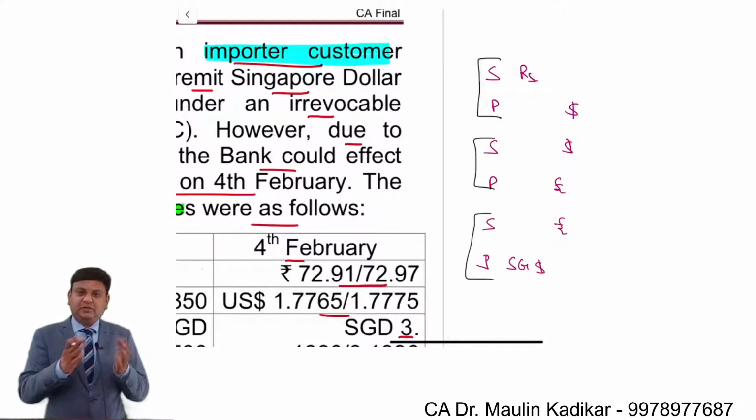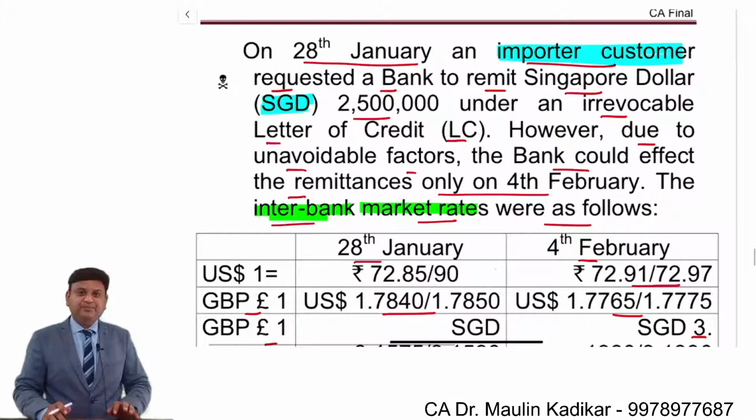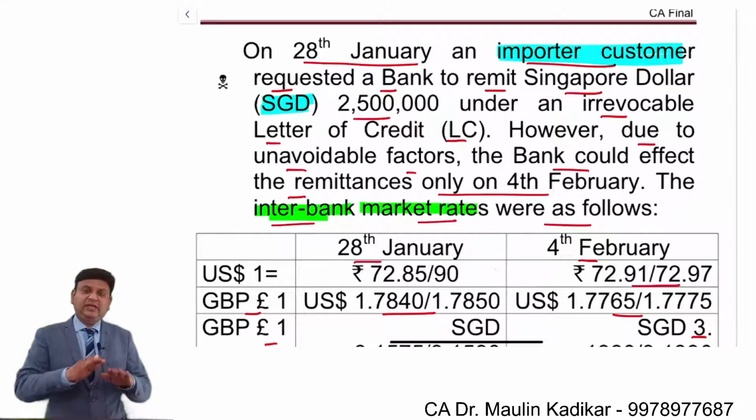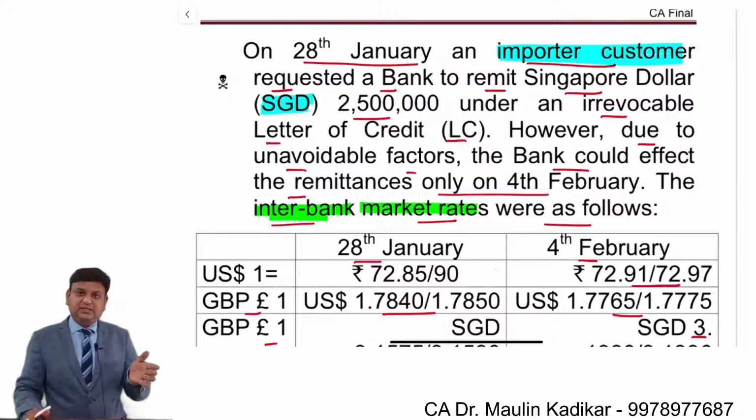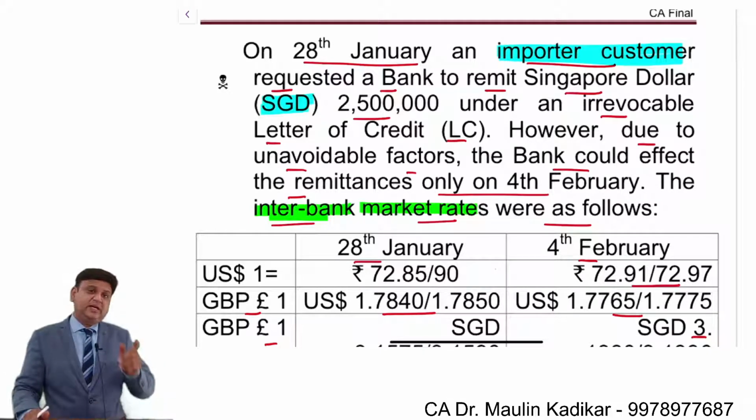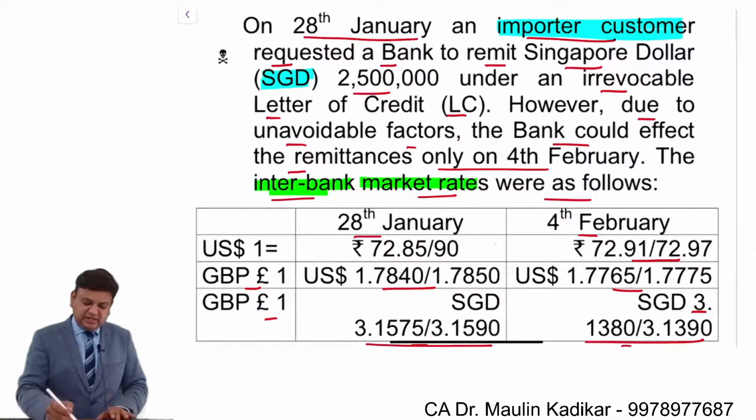Looking at the information in the question, it is very clear that when the company entered into a contract with the bank, the bank must have told the customer that because of any unavoidable circumstances, if there is a delay in the remittance, then the profit or loss due to such delay will be passed on to you. So if there is a profit, you are lucky. If there is a loss, then you have to bear the loss. Because the language of the question clearly specifies that